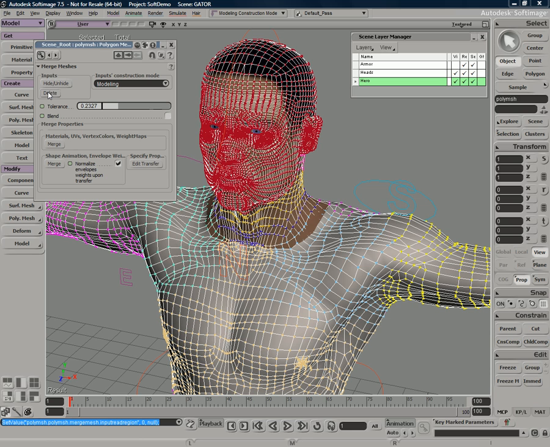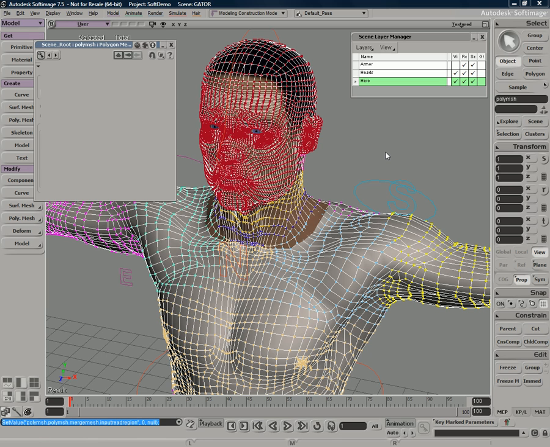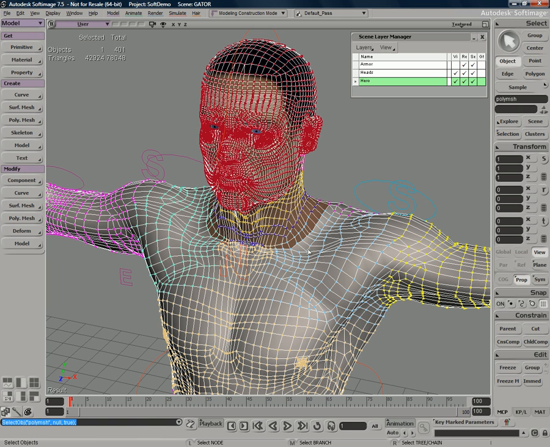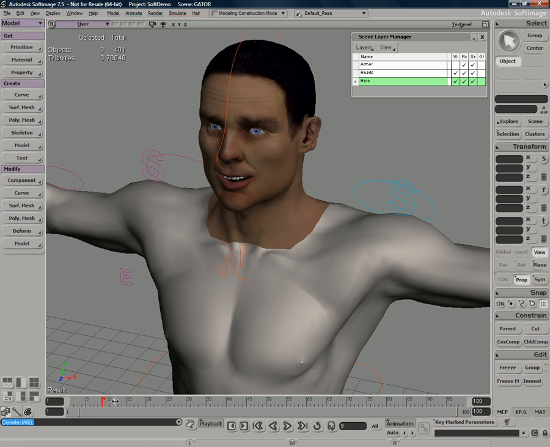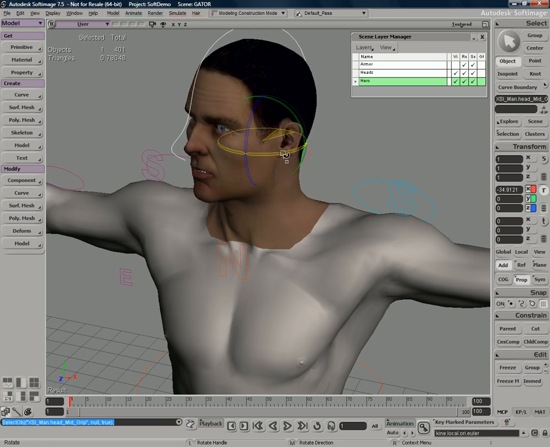Now I can press the delete key. That'll get rid of the head by itself and the body by itself and leave me with one brand new, fully rigged character that's sharing, seamless. All the properties that we transferred are there. You can see we've got our shapes on there nicely. The envelope is preserved. So there you go.